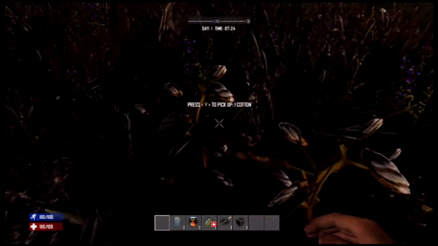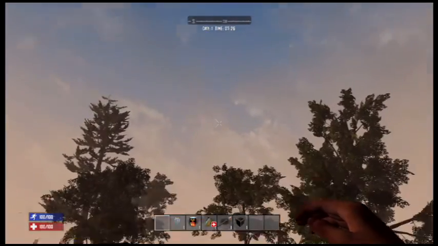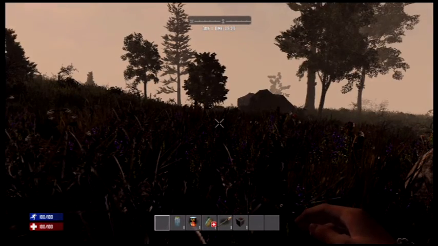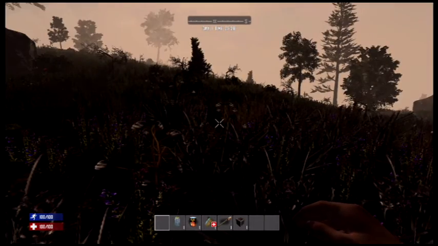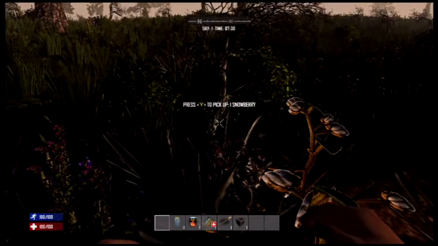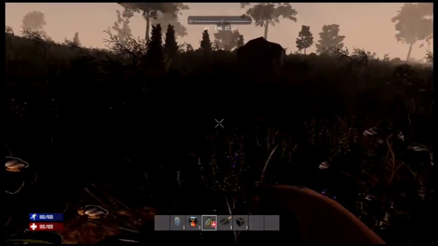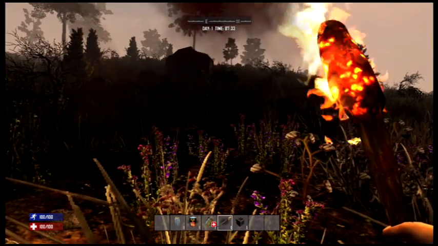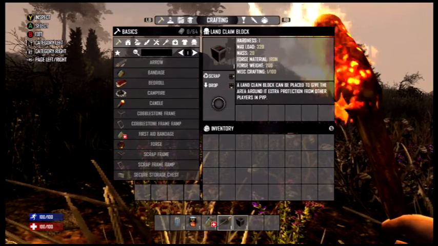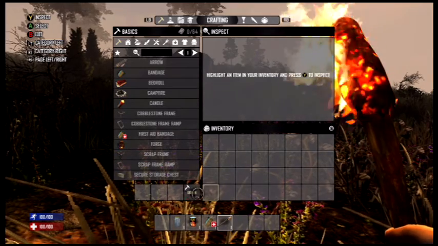So if you guys have never heard of this game, it is a zombie apocalypse type thing, kind of like DayZ, but more advanced and getting more constant updates than that. So we start off basically in the middle of nowhere with absolutely nothing but water, a can of beans, a first aid, a torch, and since we are in multiplayer, a land claim block. Since we are pretty much playing it by ourselves, we can scrap it, and it's just going to give us